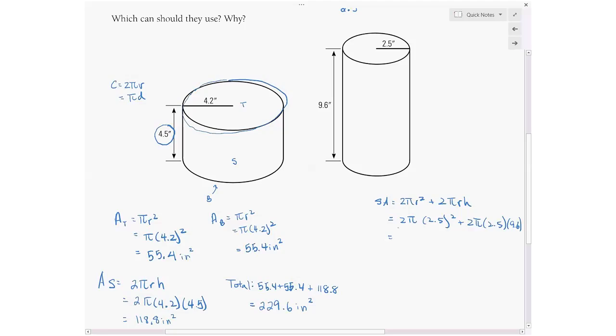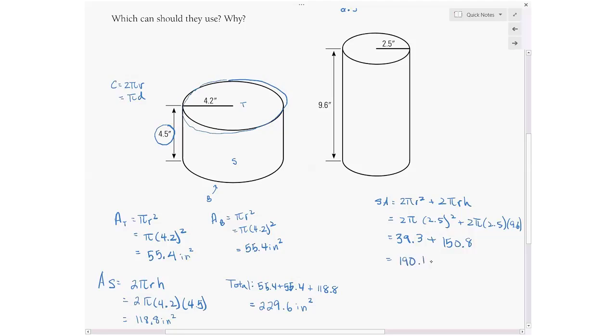Again, remember 2.5 squared is 2.5 times 2.5. That's 39.3, going to one decimal place, and then 2 times pi times 2.5 times 9.6 gives me 150.8. So 39.3 plus 150.8 is